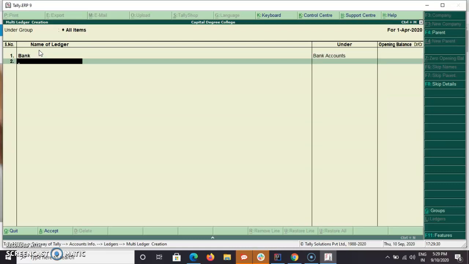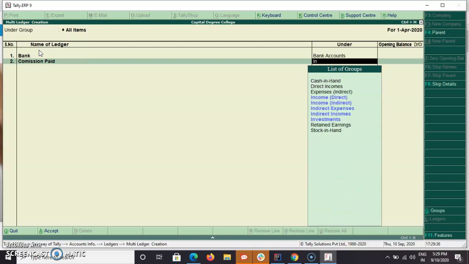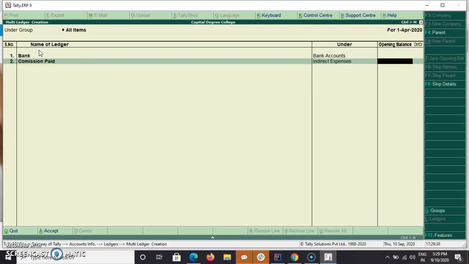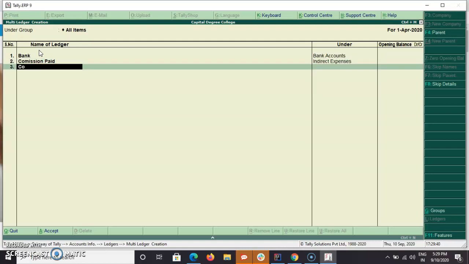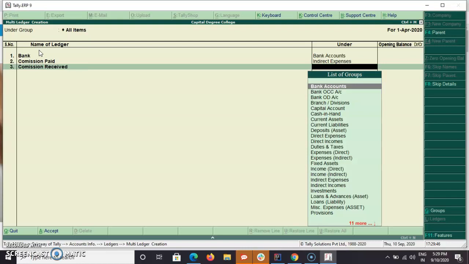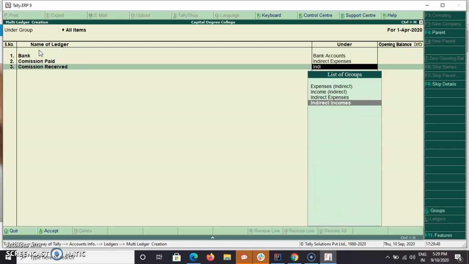Next, commission paid comes under indirect expenses. Next, commission received comes under indirect income.